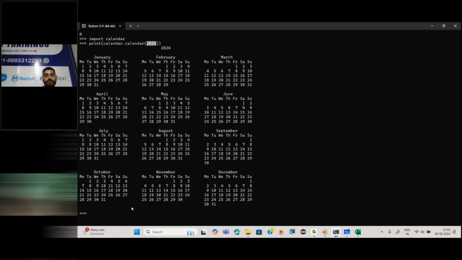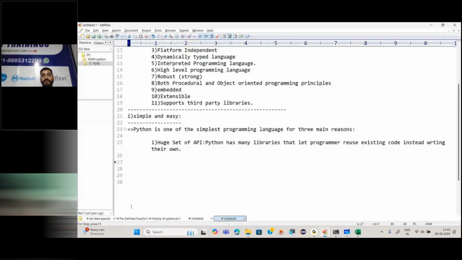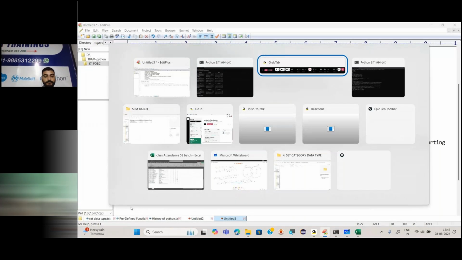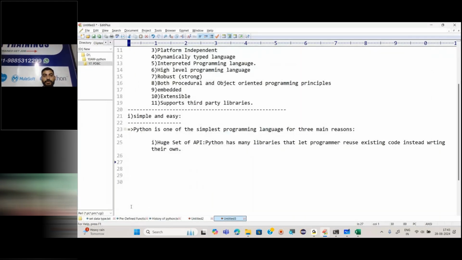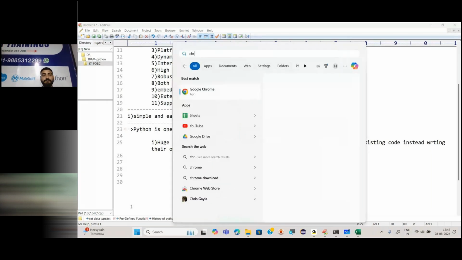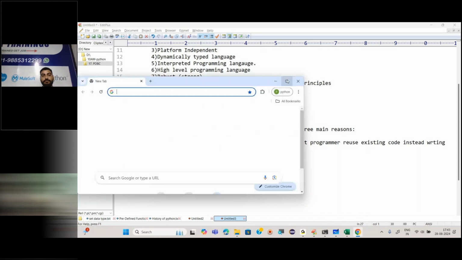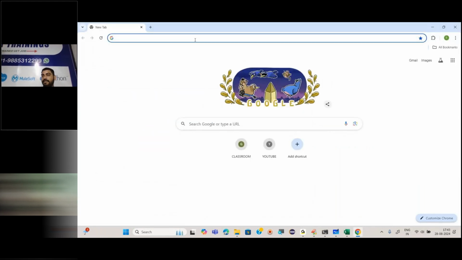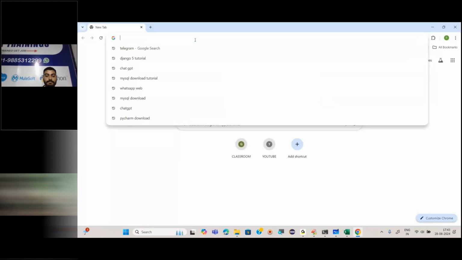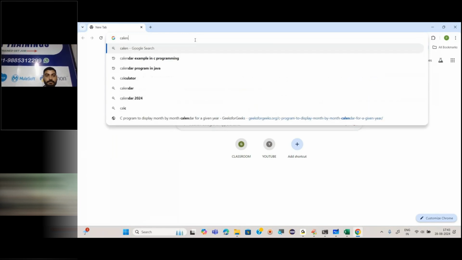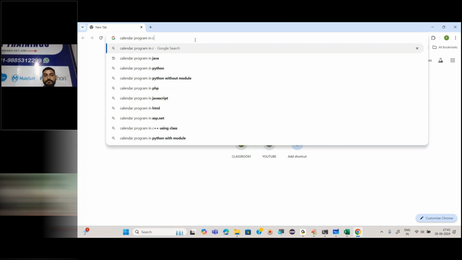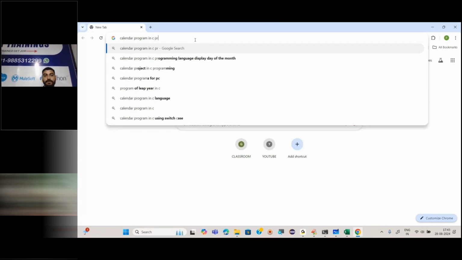There is one more module called random module. Now let's check the same thing. You go to Chrome, and here you check something like calendar program in C programming.